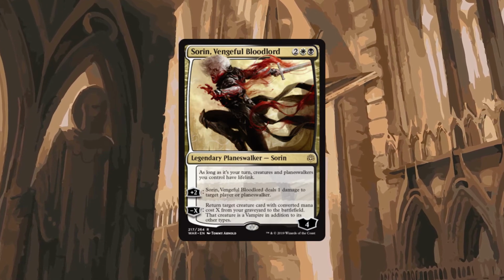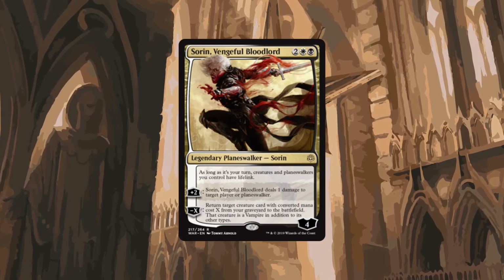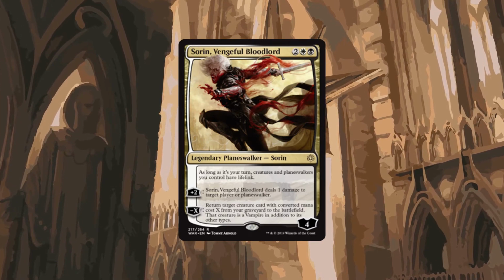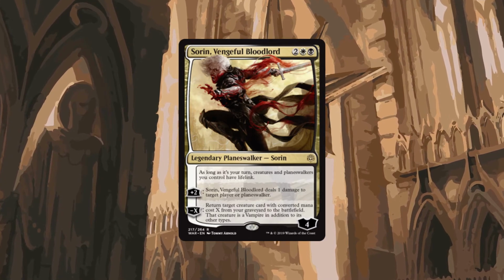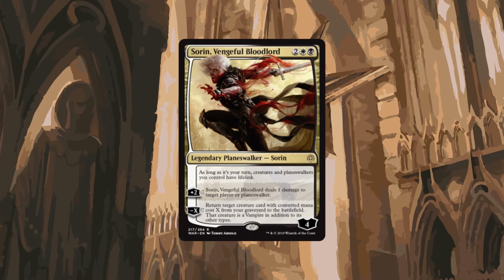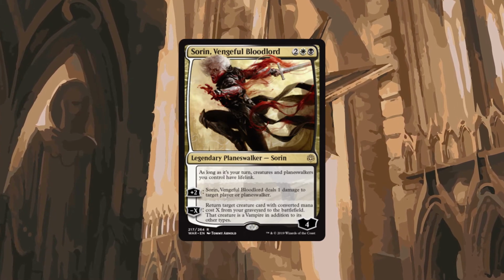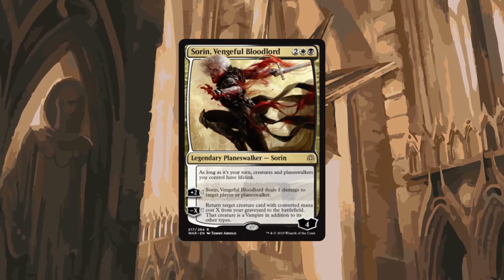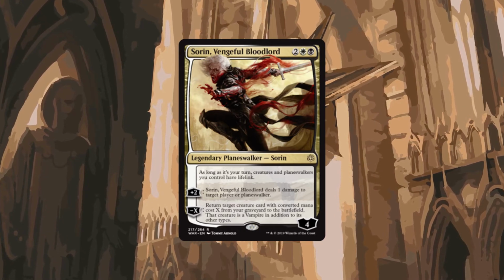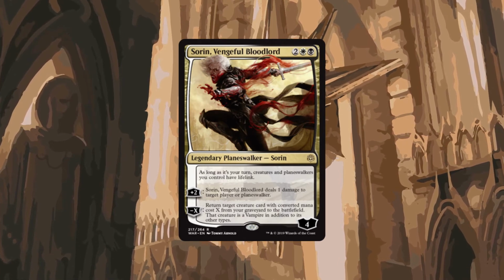And then he also has the ability to return something from your graveyard to the battlefield. He's a good card. Look, for 4 mana, you get the ability to return something with 4 CMC from your graveyard to the battlefield right off the bat. But that's not even accounting for how many times you can +2 him. And 6 loyalty is not going to be that easy to get rid of, especially if you're playing like black-white control. You got a lot of ways to remove creatures, and Sorin